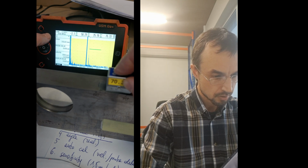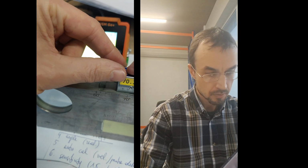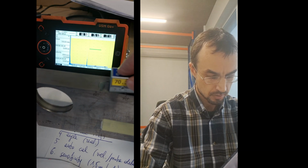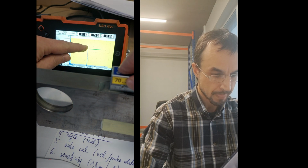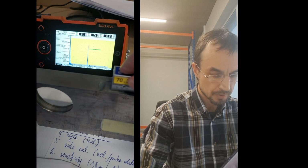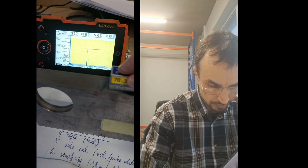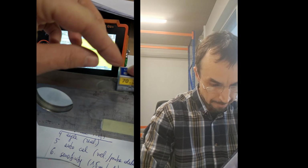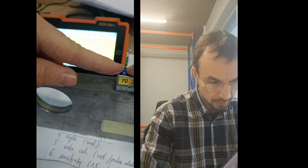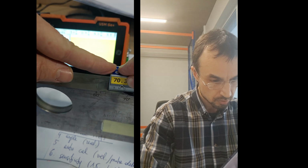No, let's make it by hand. And it should be here. So, okay, I need to focus on the screen. I am trying to find the highest peak. And the highest peak is like here. If I move it back where the 12.5 is, it's here. So here is 70. And then when I'm moving, it's getting higher. So it's not really